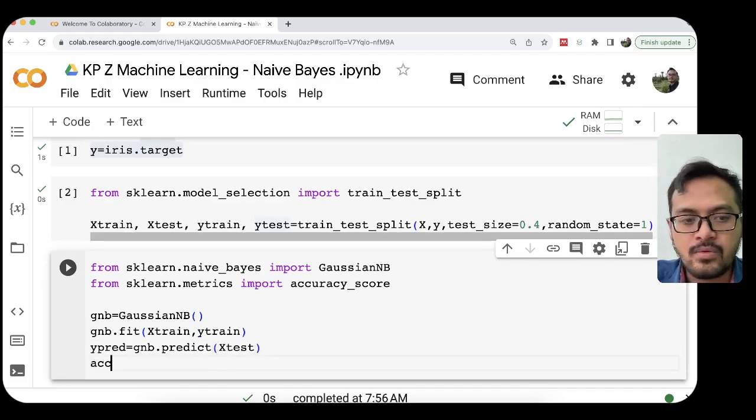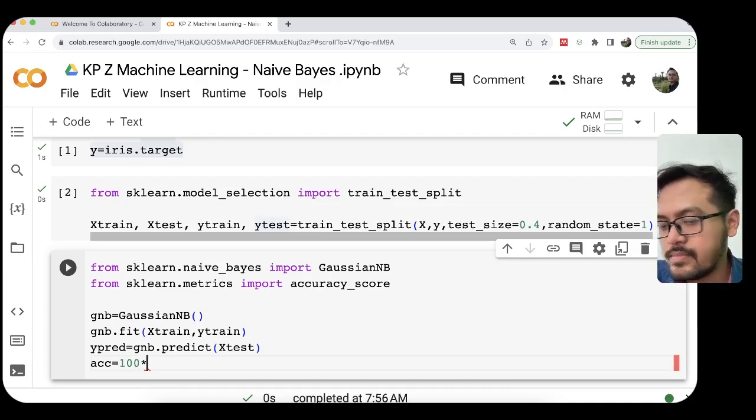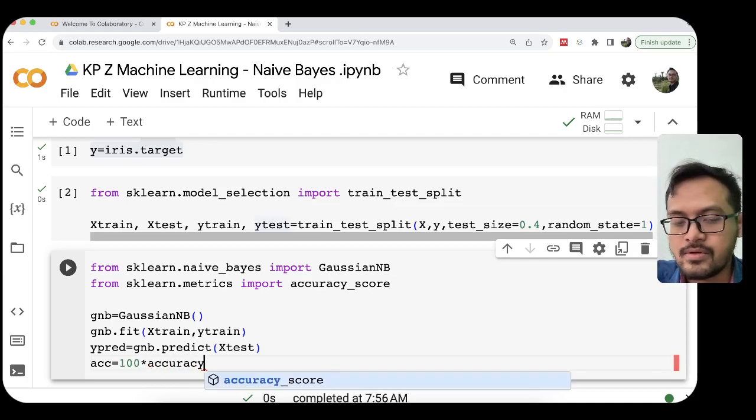Then we calculate the accuracy equal 100 multiplied by accuracy_score, because the accuracy score gives values in the range of 0 to 1, so we multiply it by 100 to get the percentage of the accuracy.